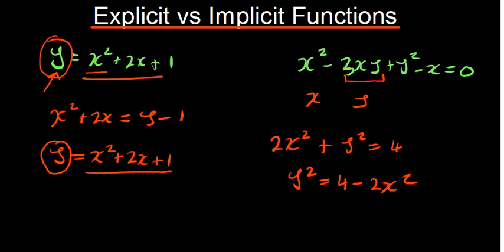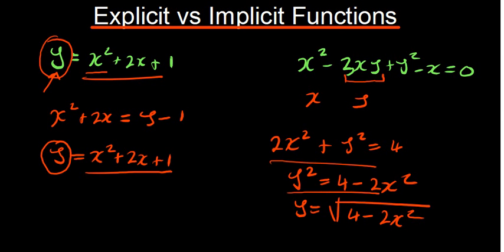besides 1. So here this is just going to be y is equals to the square root of 4 minus 2x squared. This now becomes an explicit function. To write it in this form is the same as writing it in that form. You just rearrange them in a certain way. So provided the power of y is not 1, is any other power such as a 2 or anything greater than that, or less than that, but 1, it remains